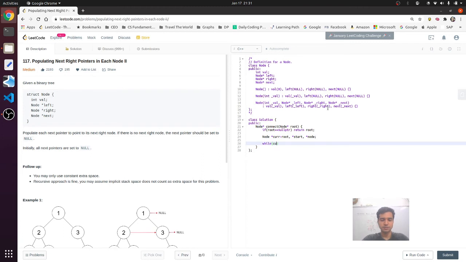So while current is still not null pointer, it does exist, we will again move at its current level,